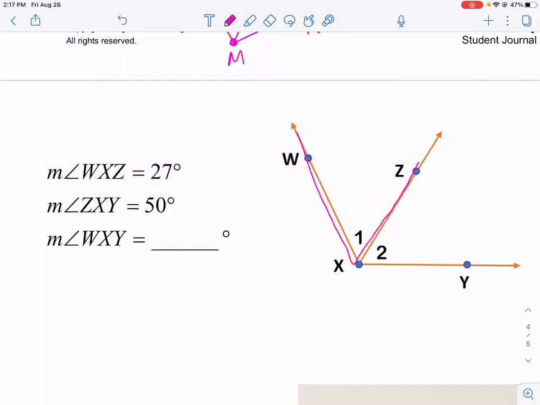So WXZ, ooh, that is 27 degrees. And then ZXY, this guy is 50 degrees. Oh, so now I have a really nice visual. So WXY is,